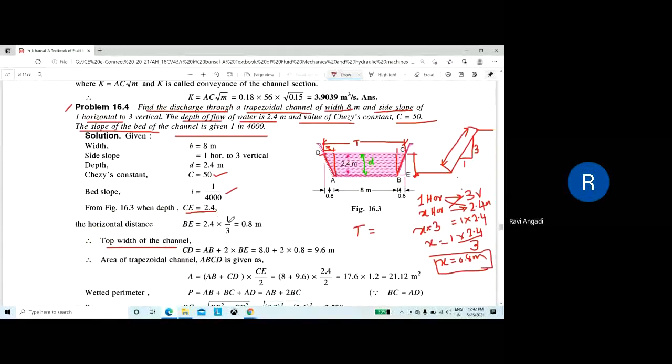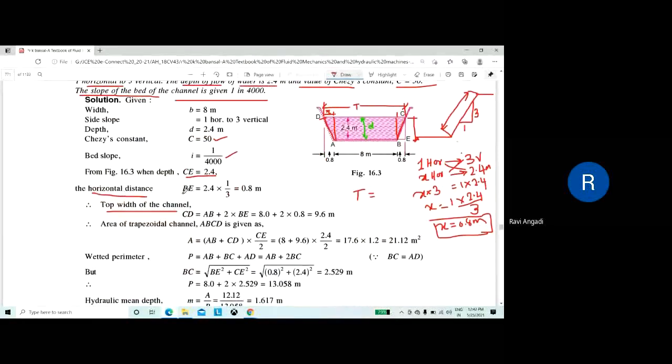Okay. Same here, they are taken here. Just look here, horizontal distance BE. They are taken as BE. This is a distance they are taken. So I have taken it as x. Okay, here also x. This side also x. Because I want the top width of the trapezium, so it is the base of the rectangle plus 2 times the base of the triangle.